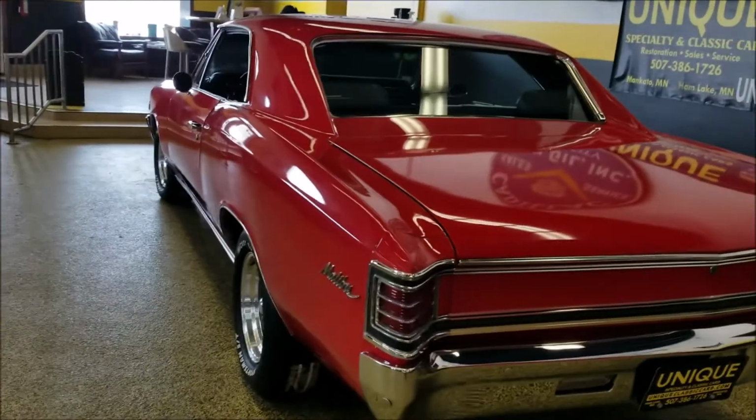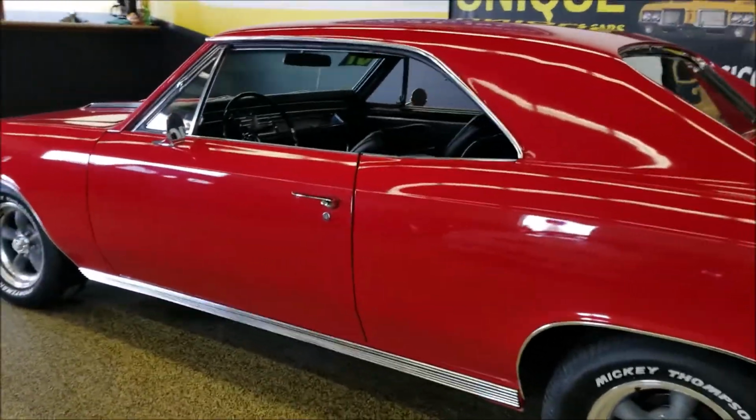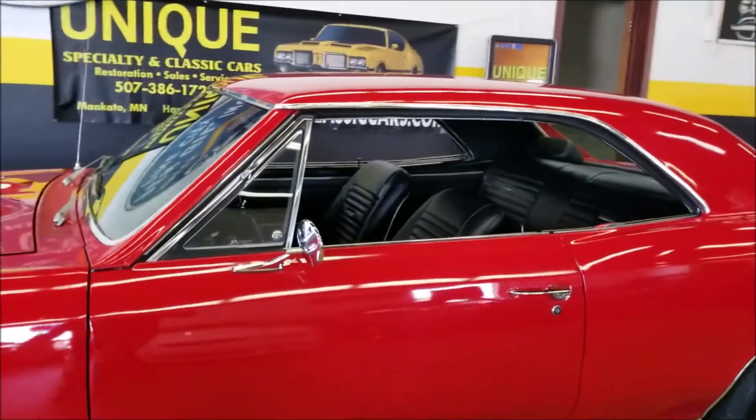Again, underside pics, if you'd like to check that suspension components out we talked about, check out the floor pans, just see what it looks like. Those pictures can be seen at